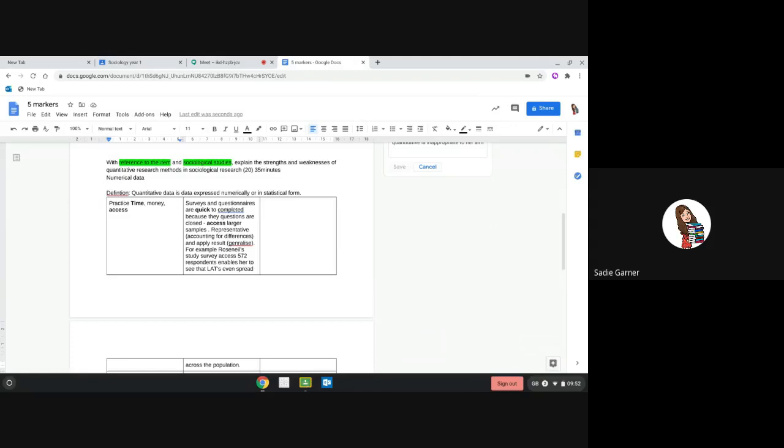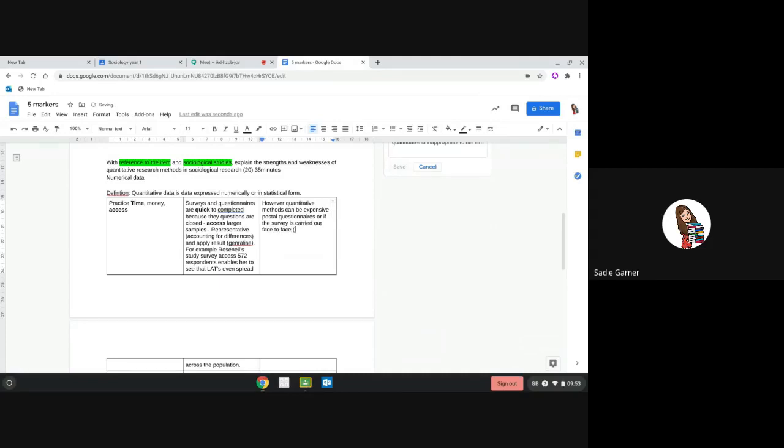So that's my strengths. And the strengths are they're quick and you can access, but they're only that way if they are really e-surveys. So in my weaknesses on this side, I'm going to say, however, quantitative methods can be expensive, particularly if they are postal questionnaires or if the survey is carried out